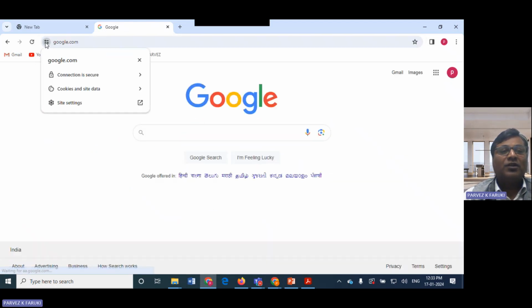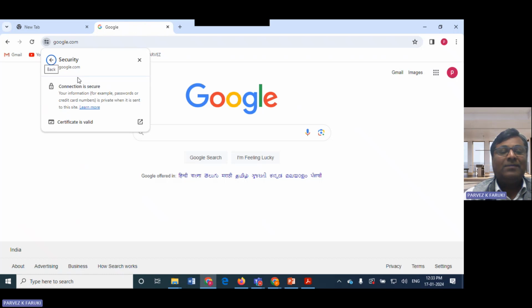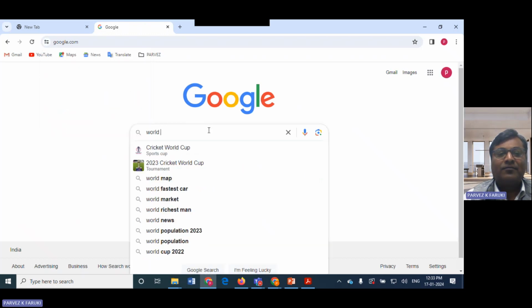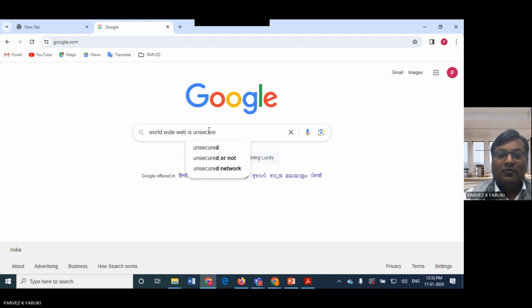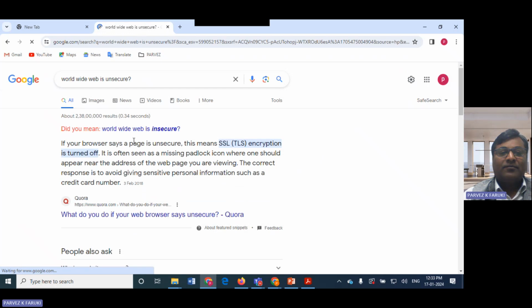If you don't see this particular icon, it means that by default, the security doesn't exist. So the World Wide Web, let's just see. If your browser tells you the page is unsecure, it by default means that the